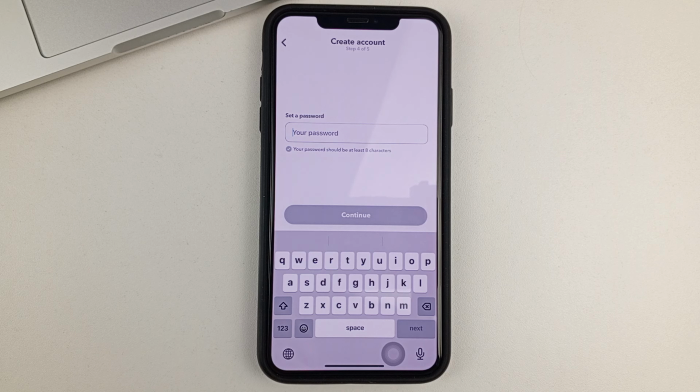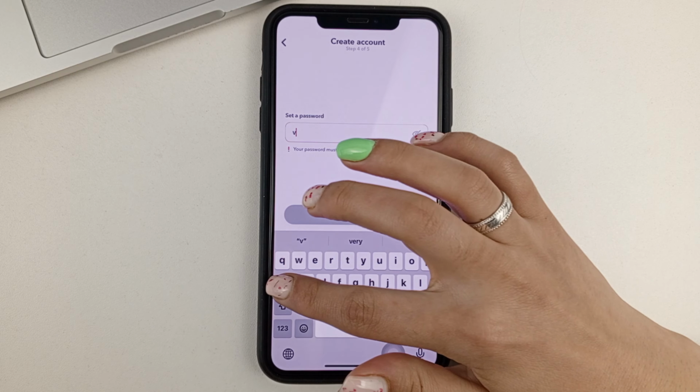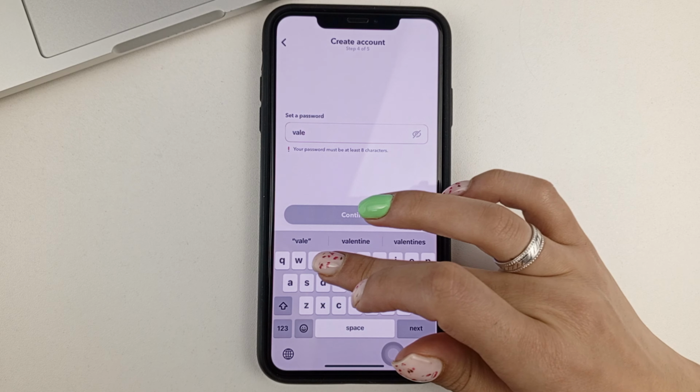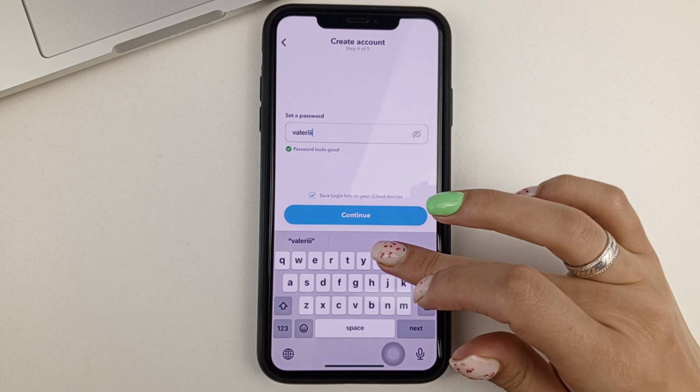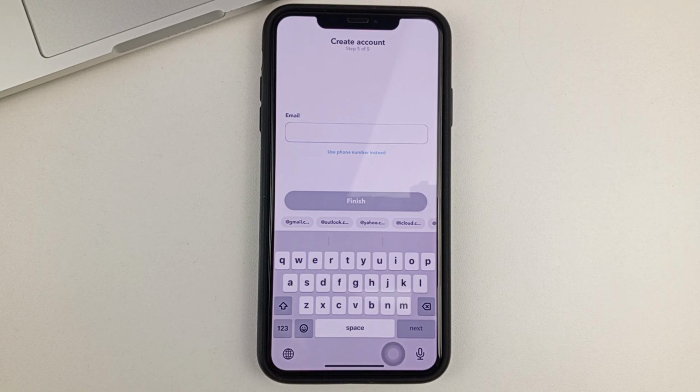After that, we will need to come up with a password for our new Snapchat account. After that, we will need to choose our email.